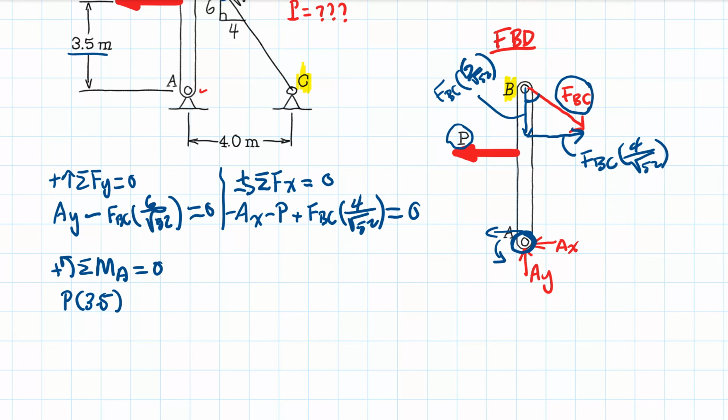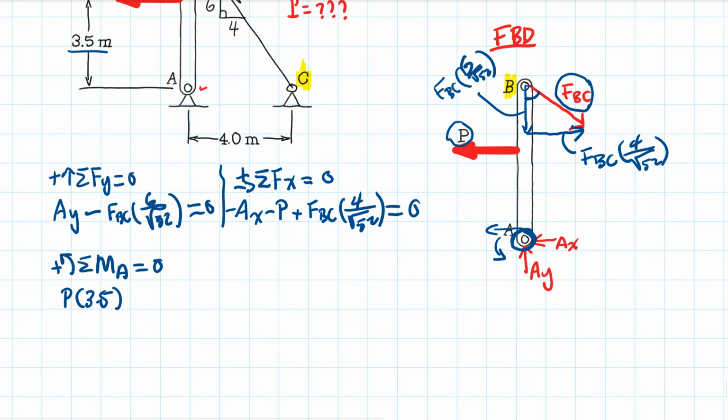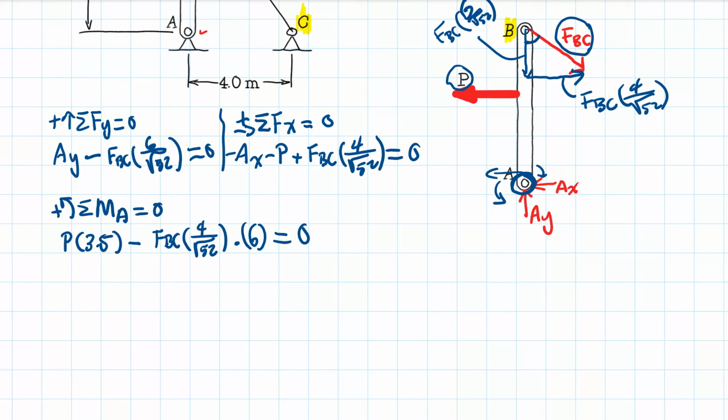which will be applied right here at a distance of 6 meter, and it will move the circle in this direction clockwise, so it will be negative: FBC times 4 over square root 52 times the distance of 6 meter equal to 0. So I think we can use this to find a relationship between B and the force in the cable BC